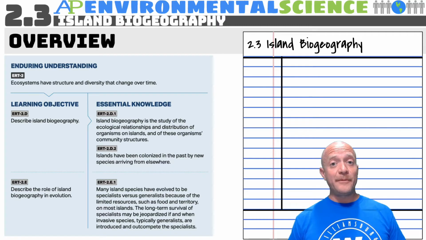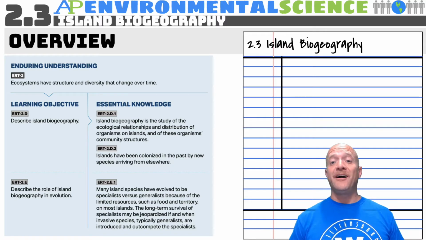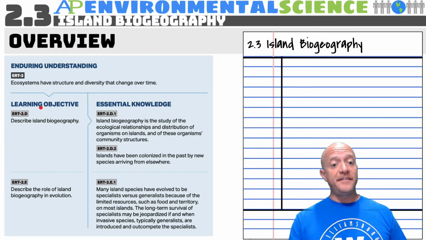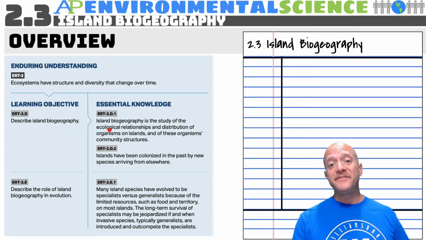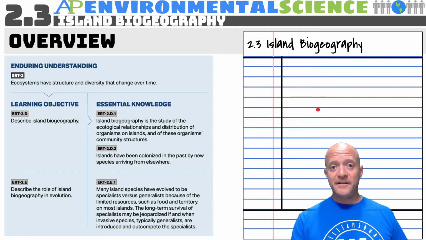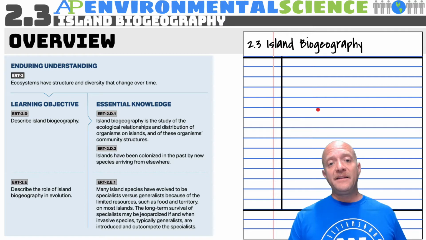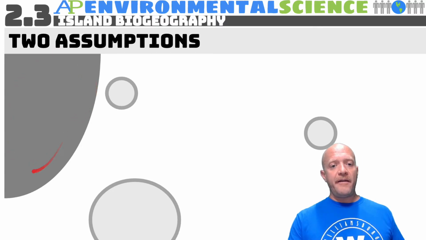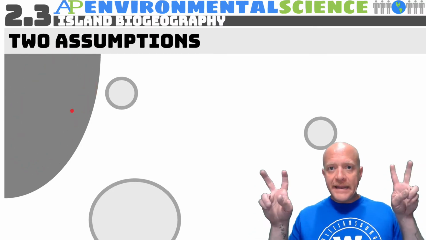Hey, today we're going to talk about 2.3, Island Biogeography. So take a moment and check out the Enduring Understanding. You can look at the learning objectives and pause the video, review the essential knowledge, and set up your Cornell notes. So the concept of Island Biogeography, basically what this means is having one area that is considered a mainland